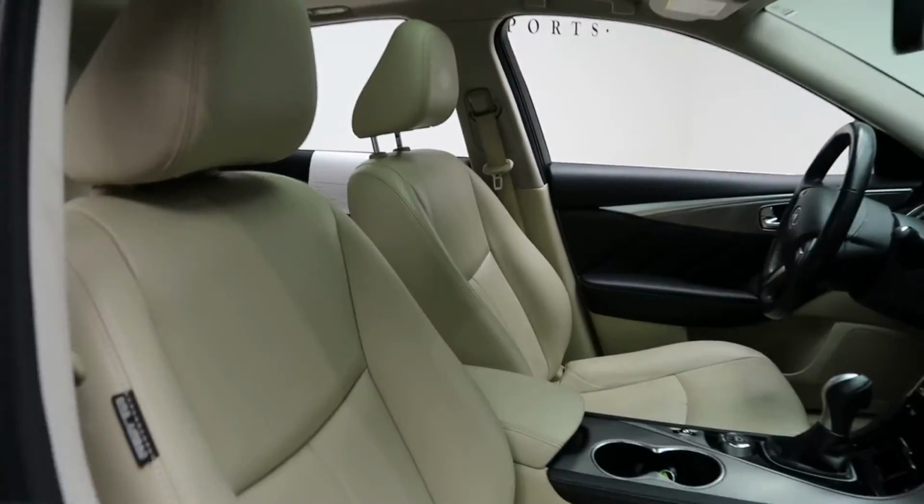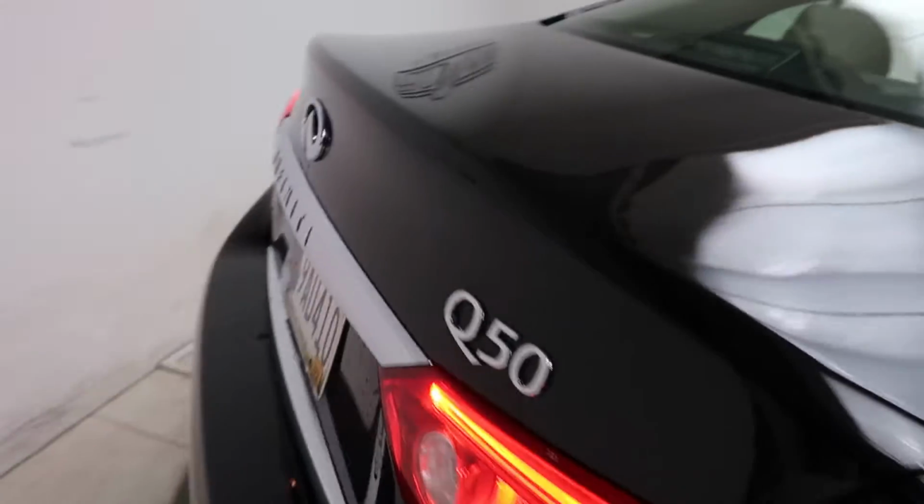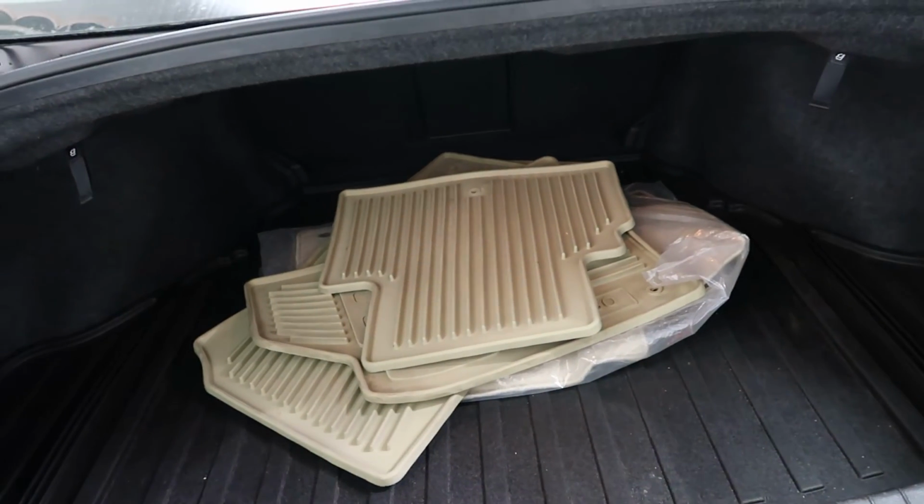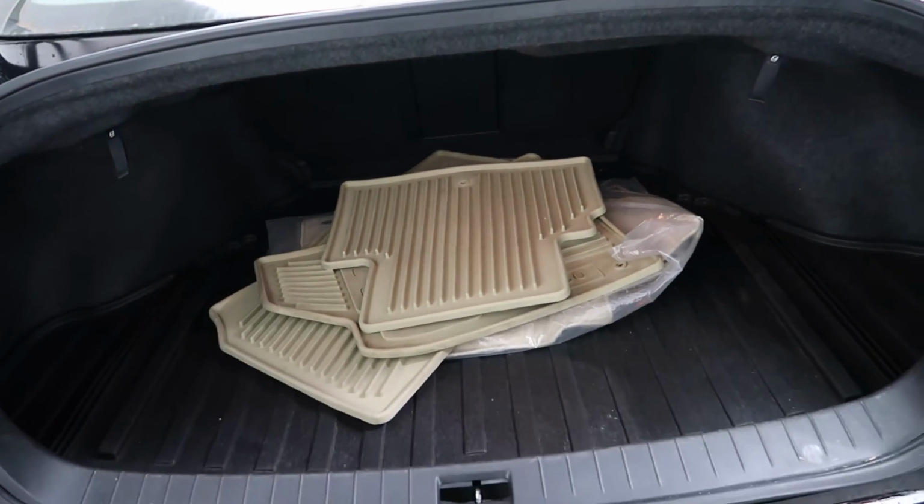3.7 badging on the fender, beige interior, sunroof, come around back, Q50 badging, opening up the tailgate, a set of all-season floor mats and regular floor mats,